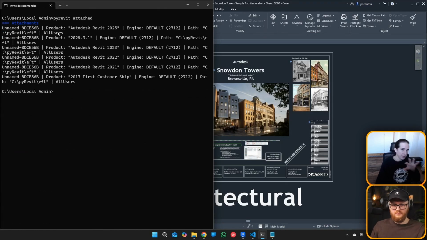Here I did mess it up in the meantime, but that's the name of my clone, and it's attached to Revit 2025 with the default engine, and it's pointing to all users and it's located there. What it tells you is that you can attach a different clone to a different version of Revit. So if you have sets of tools already pre-made for a specific version of Revit, you can